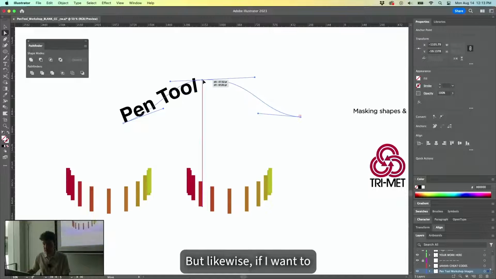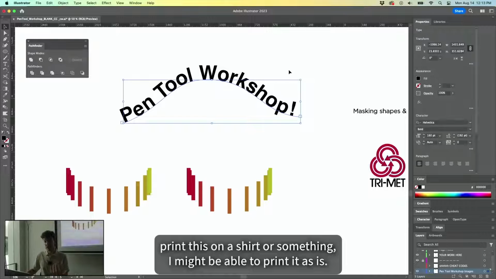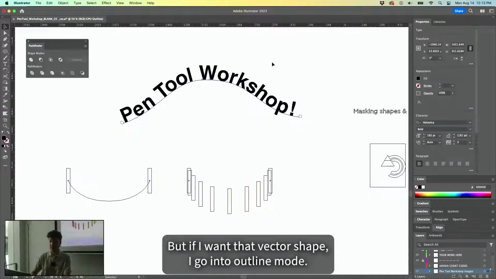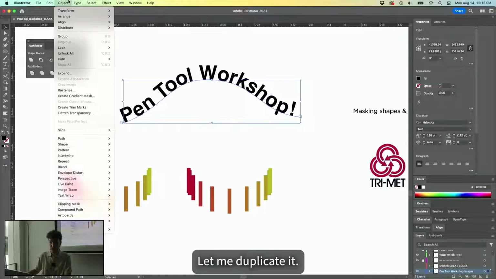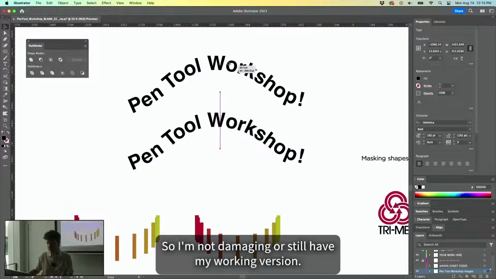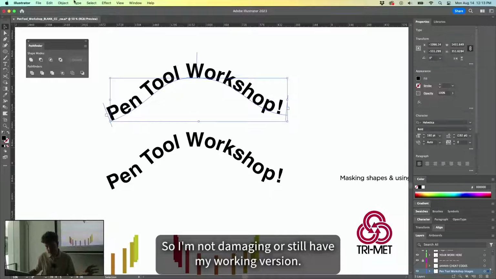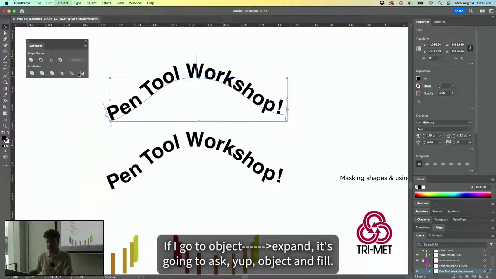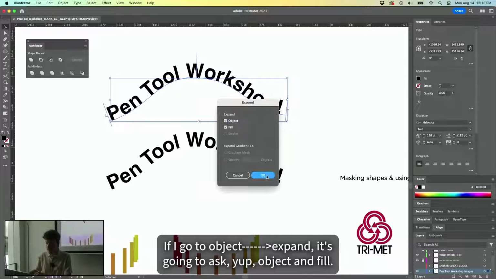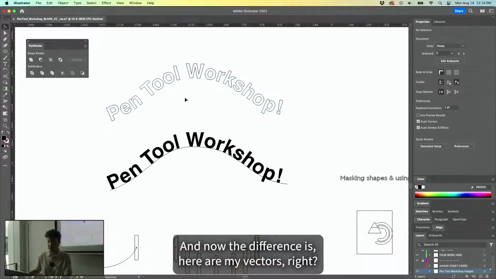But likewise, if I want to print this on a shirt or something, I might be able to print it as is, but if I want that vector shape, I go into outline mode. If it's full type, then obviously that's not vector forms. I want to duplicate it so I still have my working version. Right now, they're both the same. If I go to Object, Expand, it's going to ask, yep, Object and Fill, and now the difference is,